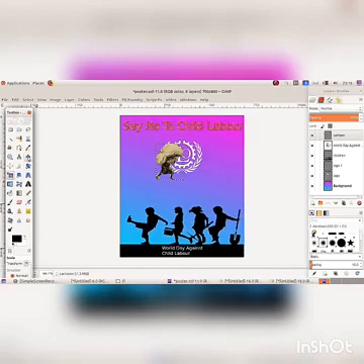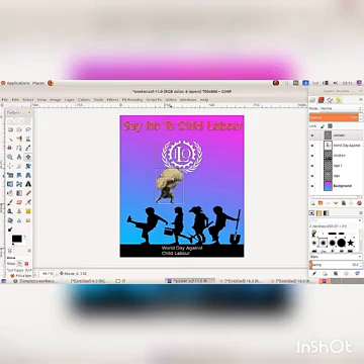Using the Move tool, change the position of the layer. Change its position. Then select the layer logo.